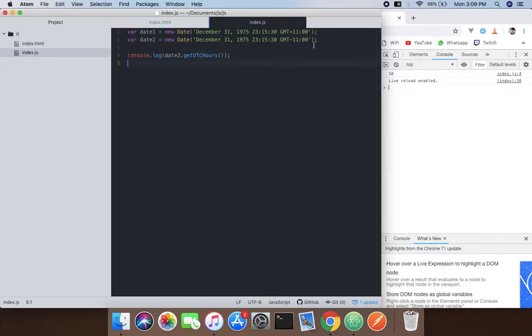What we're gonna do moving on is first remove the other date and use the Date constructor to create a date in this format. We're not gonna use the usual way. This time what we're gonna do is use